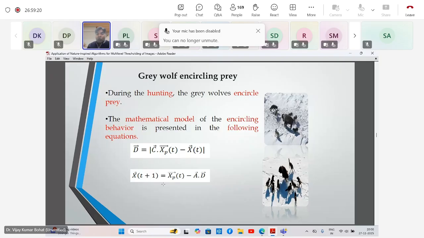Now the mathematical model of encircling behavior is presented in the following equations. Like in the equation, vector D is equal to vector C multiplied by XP(t) minus X(t). A solution of any problem will be a vector. Like in the nature-inspired algorithm, the first thing is that you initiate random solutions between the upper bound and lower bound of the variables. For example,